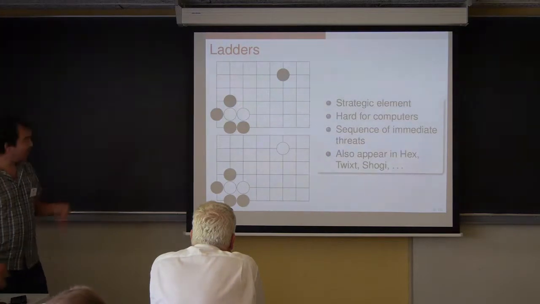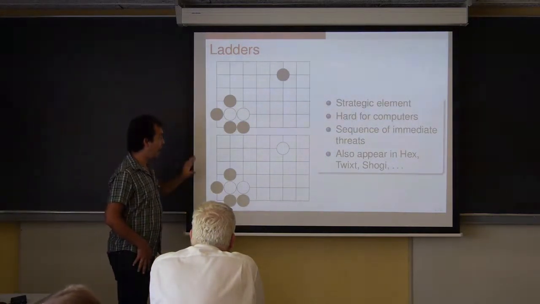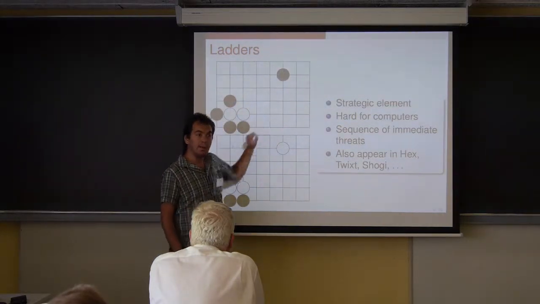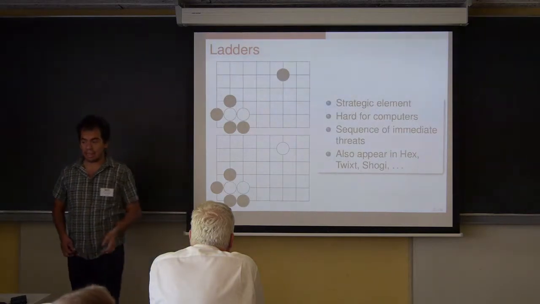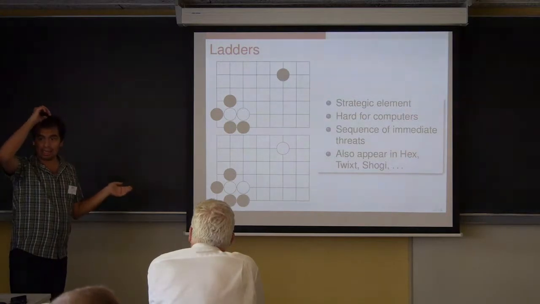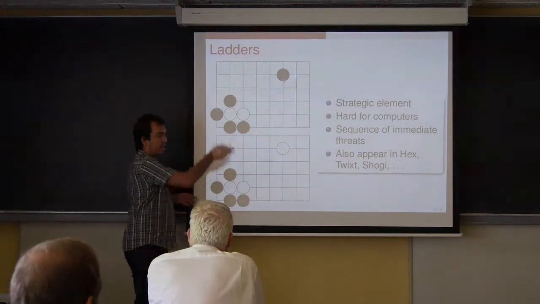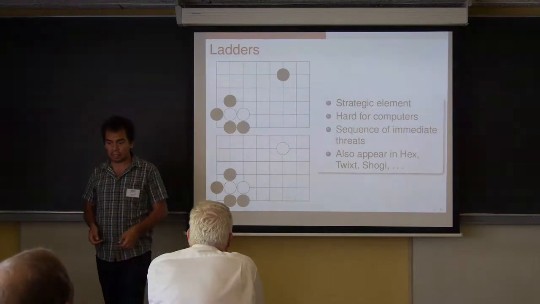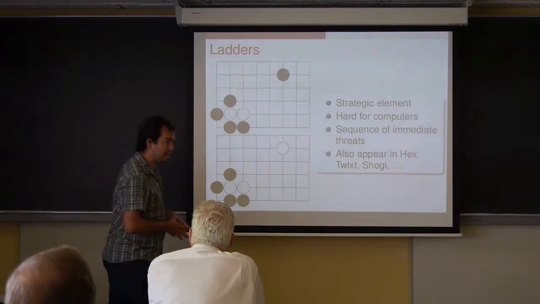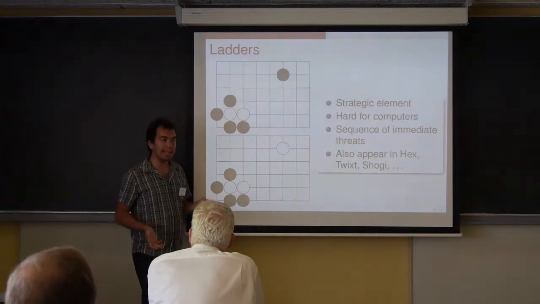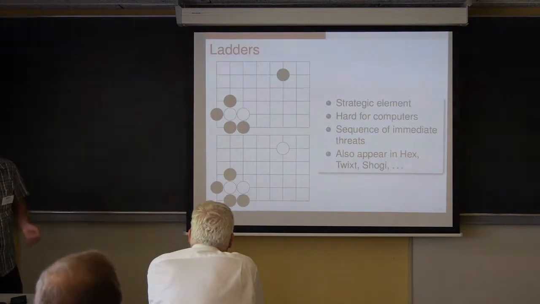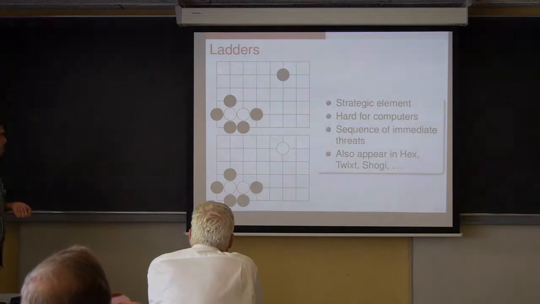And so when you have this initial position, we have to look far away from the local area, like here, for black to decide if going on this ladder will be successful or if it's not a good idea. This is usually easy for humans to spot. They just look at the diagonal and see if there's a black or a white stone. But it's hard for computers. Actually, it's also hard for humans when you get into complicated ladders. The simple ones that occur in practice most of the time are fairly easy, but they can get difficult.